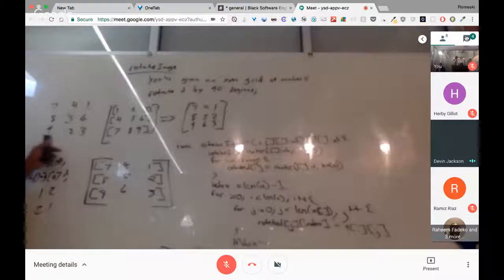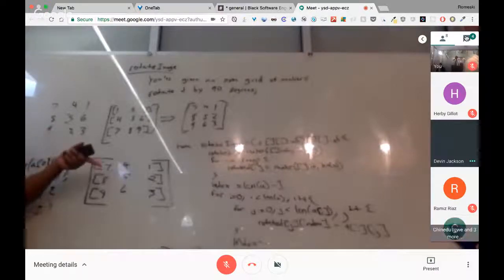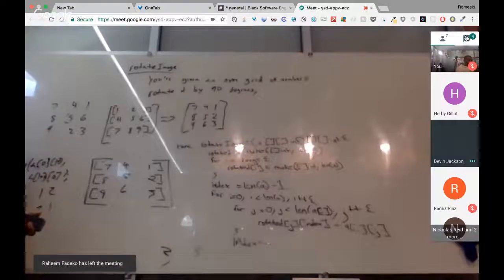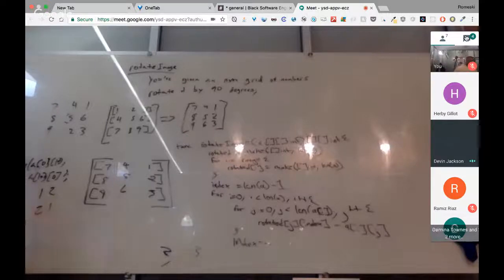I will go from 0 to the length. J goes from I to the length, so you don't backtrack, you don't step on your own feet. I goes from 0 to the length, and J goes from... No, J goes from I to length. J is your secondary loop, right? So instead of it going from 0 each time, you're stopping short and just starting from